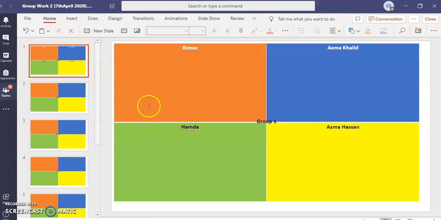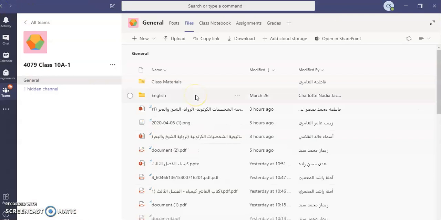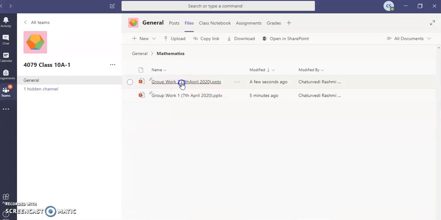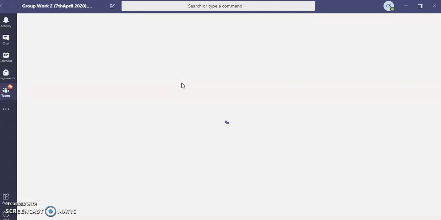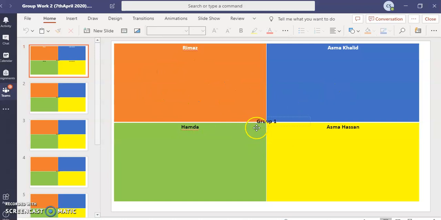the slides. So when the students are working, you just need to guide them to go to the folder and open the relevant file. So when they open the file, they will see a space for them where they can work on the question that you have assigned, and everybody in the class can work together at the same time. But you have to make it clear to the students that they have to be respectful of other students' work and not delete or remove other students' work.